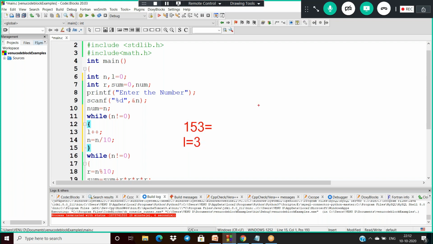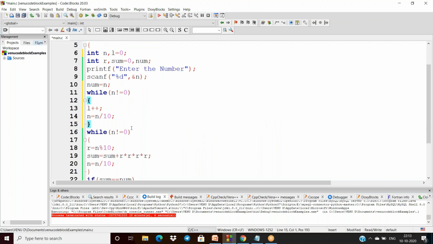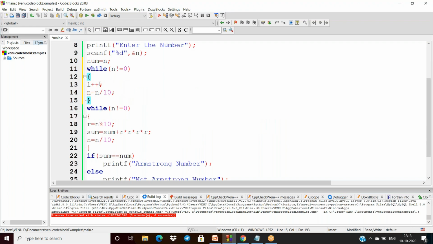If I'm giving 1634, what is the L value? 4 will come. Just you have to analyze this here. You will get L is 3 and L is 4 for this.